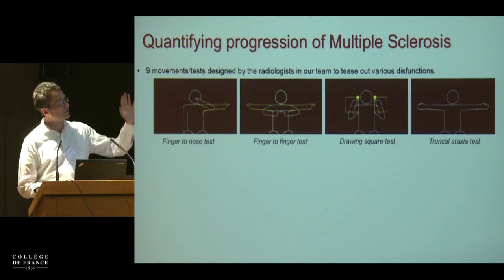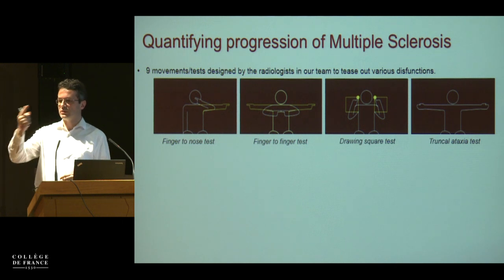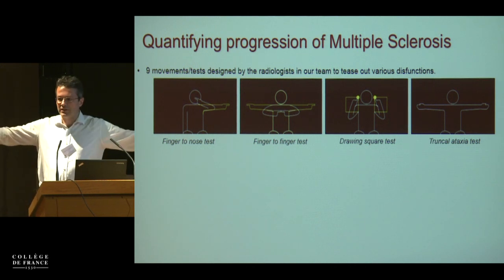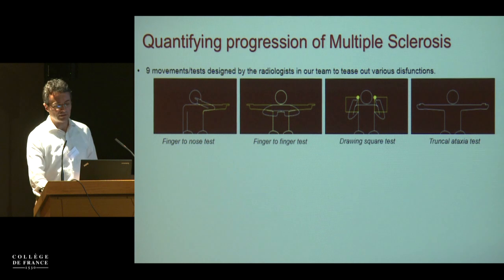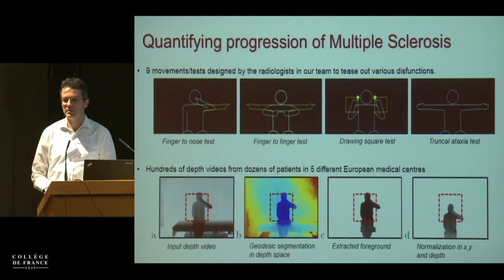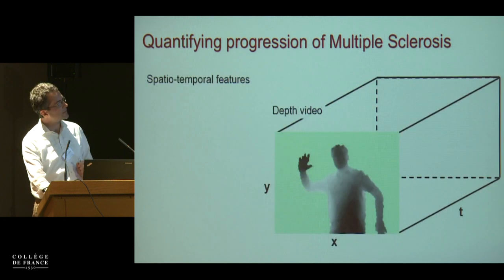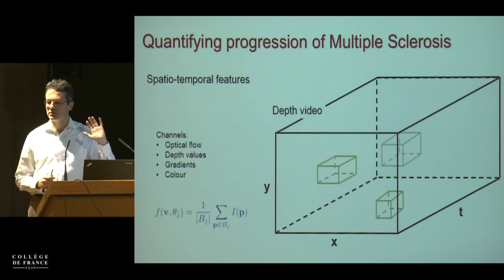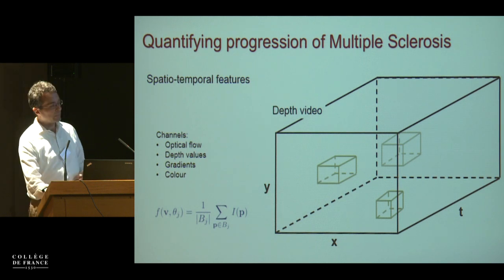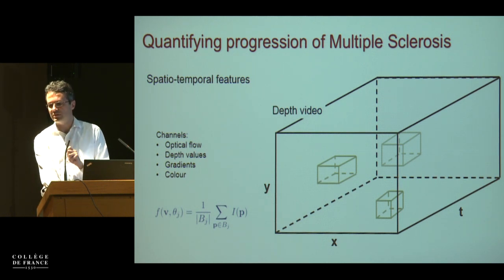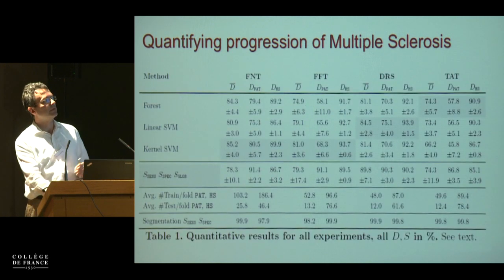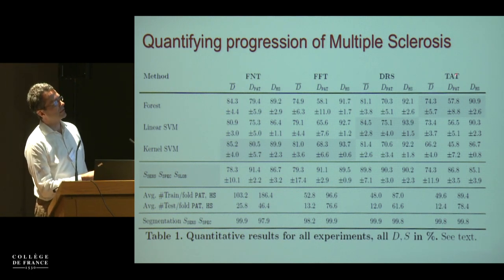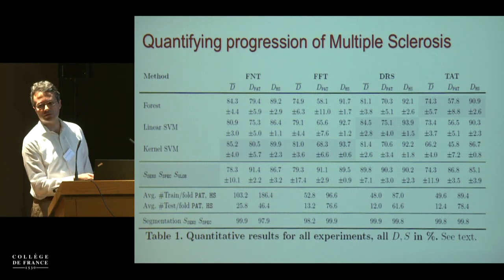There are 9 movements. These are just some of them, like the standard neurological test where you touch your nose with eyes open or eyes closed, or you try to touch your fingers like this, or you balance on one foot. You stand still like this to see whether you wobble about or not. And all these things can be measured through our pipeline, which involves the usual pre-processing steps, and then, given a depth video captured with a Kinect sensor and some features very similar to what I showed you in the CT scans, we can apply our classification forest technique, in this case not regression, and come up with very good numbers. These are DICE scores, I believe, which show that in the case of truncal ataxia, forests are the best algorithms to use